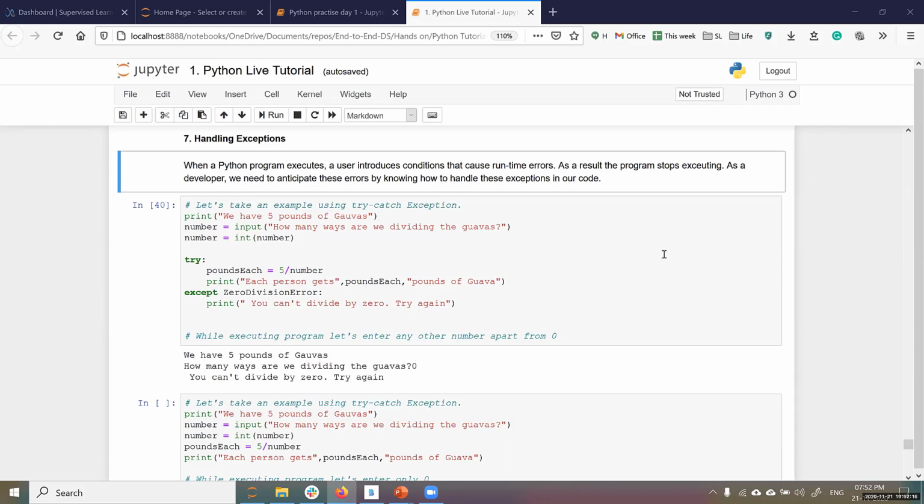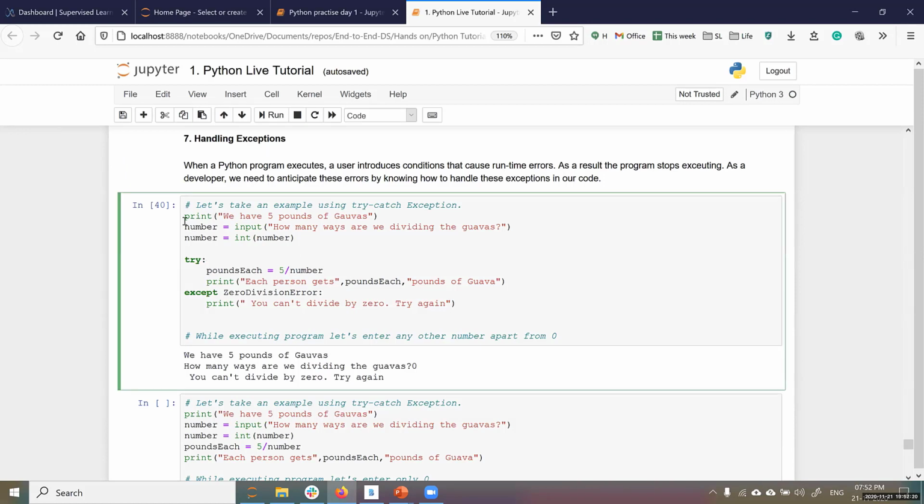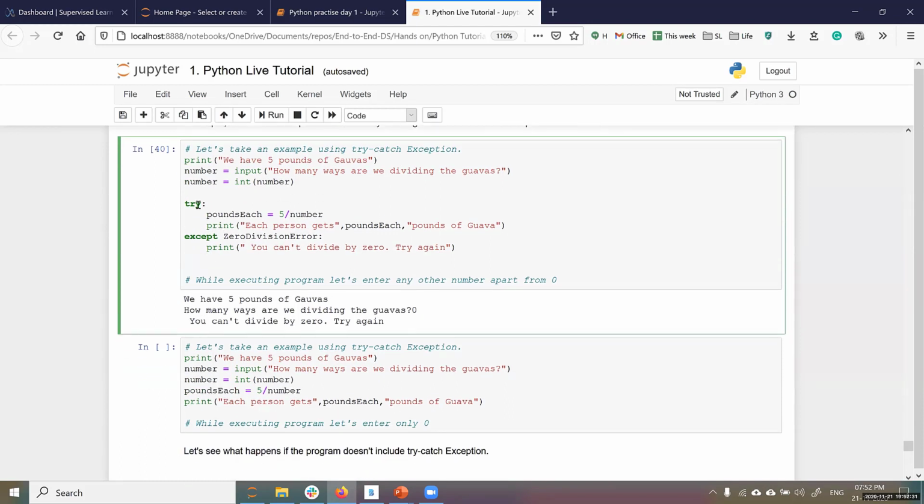It may be anything, but instead of executing the statements directly like this, you use something called a try and except block. What do you mean by try and except block? When you put anything in the try block, Python tries to execute it.